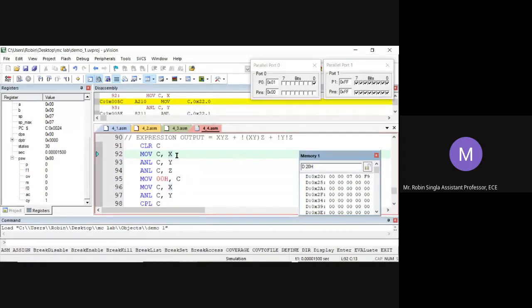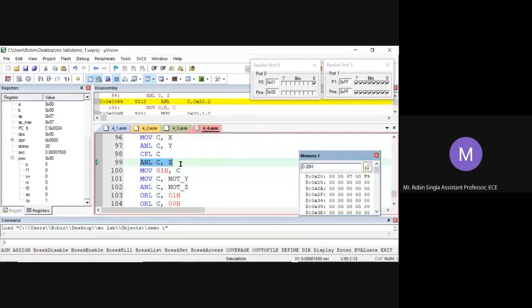X is moved to C and X and Y. We have done AND of X, Y, Z and moved that value to location 00H, and then AND operation of Y and X, and then complement of this, and then AND of this with Z, and move that value to location 01H.